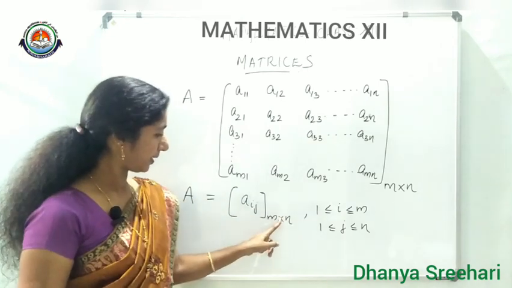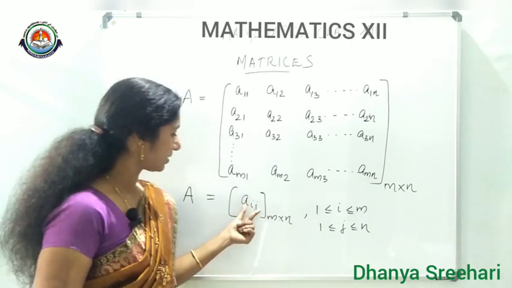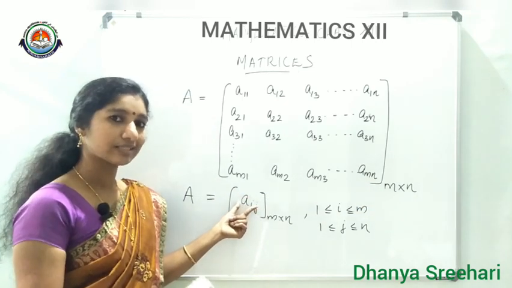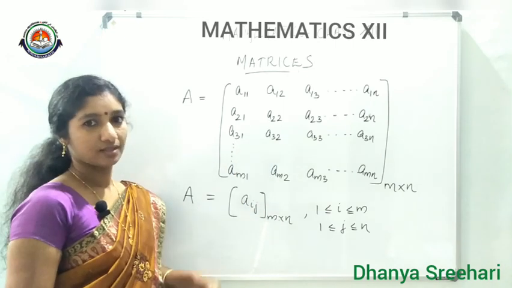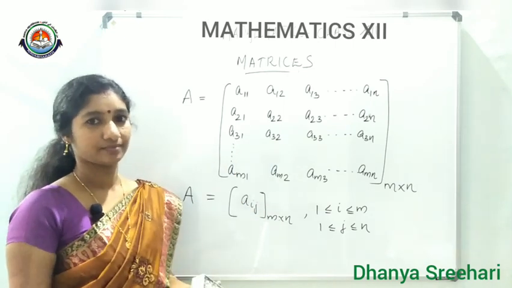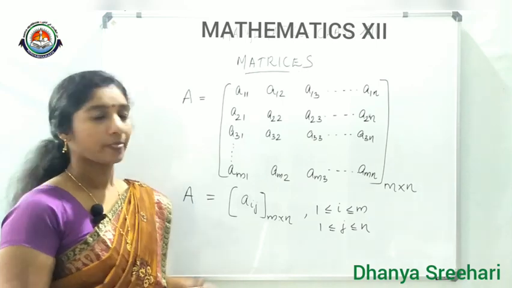See, m by n matrix. This is an m by n matrix. We just expanded the terms and we got this matrix. They are the same matrix, just represented in a different way, that much only. Okay. Then